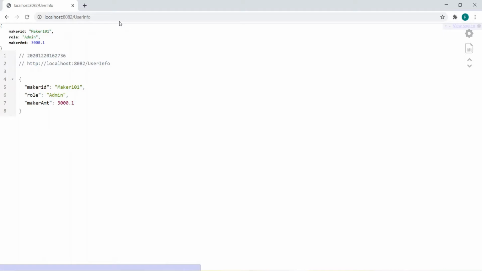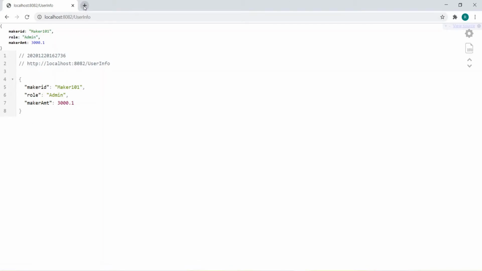See here, it's coming, right? So maker id, role, maker amount. Why is this coming two times? Because we have added two kinds of JSON viewer.